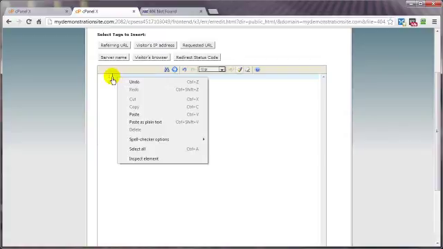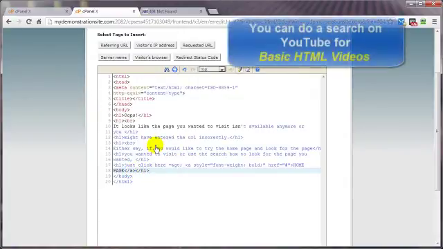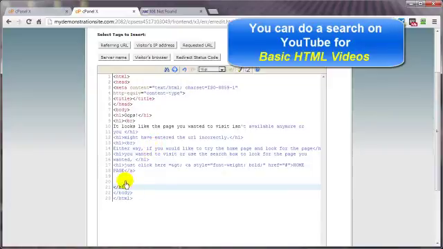Now in this case, I just put my cursor right up here at the very top, click on paste, and all this stuff right here will show the exact same way as it did on Composer. Now if I wanted to, I can come on down here, and this video is not on HTML, so I'm not going to bother too much on what all these codes and stuff mean, just showing you that you can do this. I'm going to put in here,